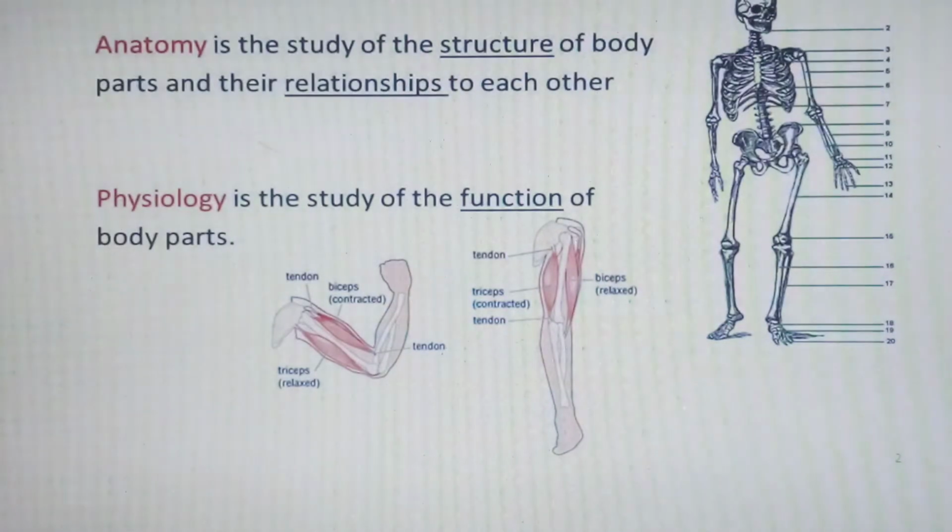Now, one thing that we have to know is that the word anatomy actually comes from the Greek word anatome. And the word anatome literally means to cut up. And so anatomy deals more with dissection, cutting parts of the body. But essentially, when we are asked to state the definition of anatomy, we say that anatomy is the study of the structure of some part of the body and the interrelationship of that part of the body with other